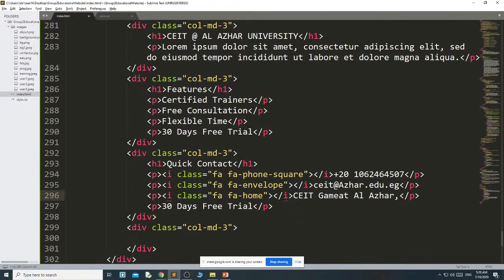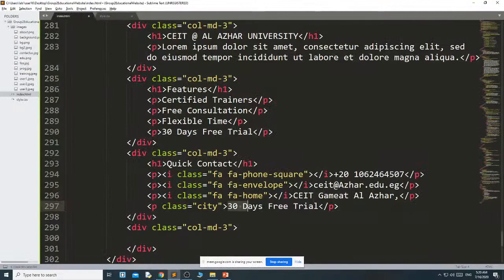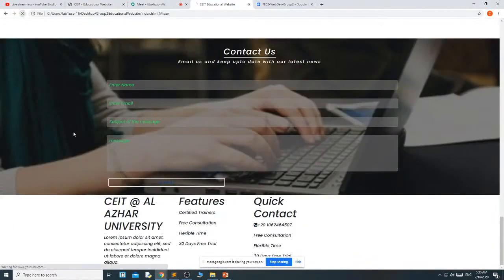Then after that this is another paragraph, and I want to give this paragraph a class, that is city, and I need to copy this and paste it here. Okay, this is the third column we have completed.